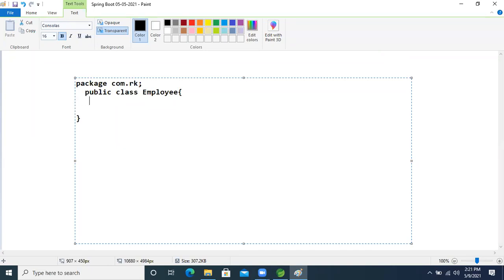If data members are there, then they must be private, like private Integer empId, and private String empName. Just two data members.